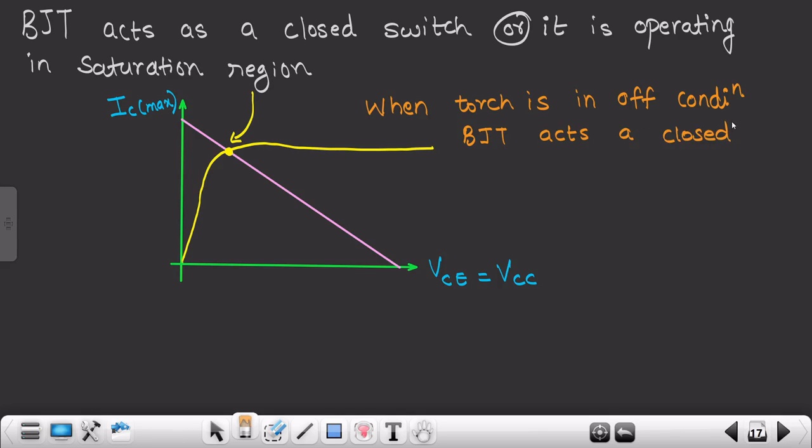I'm writing it again and again so that you understand this particular concept in depth, right? BJT acts as a closed switch, and therefore